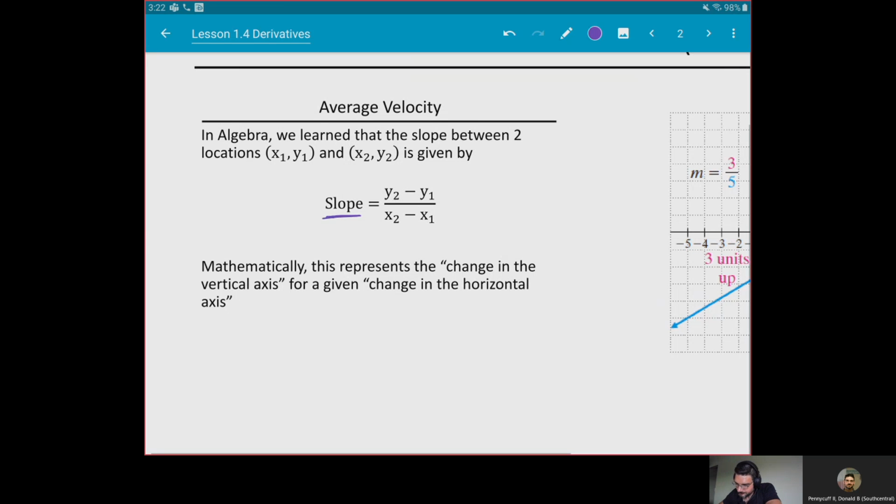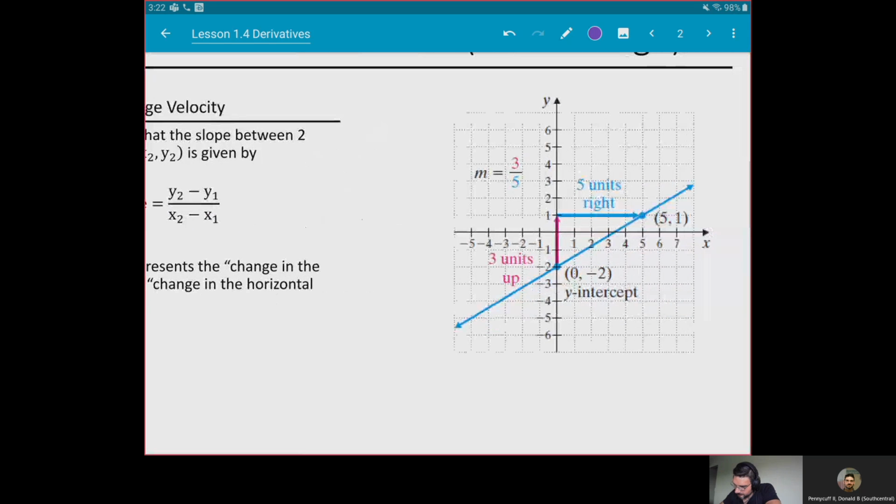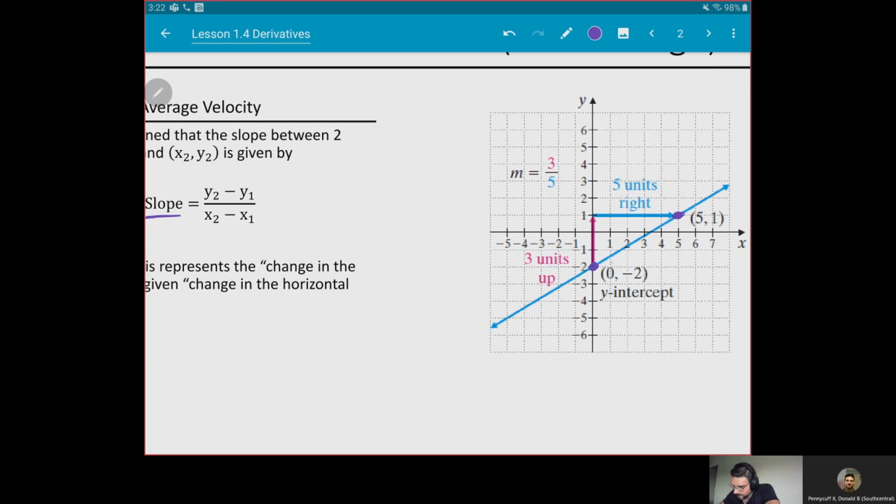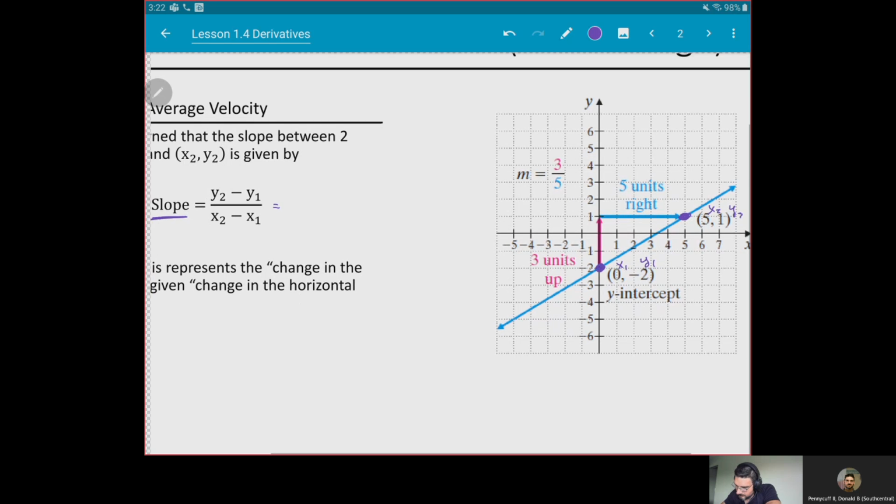So slope, if we just use this over here, is the rate of change between two locations. Now, most of the time it's drawn like this, and it's very easy to find. You just label your points. I'm going to call this x1, y1, x2, y2,